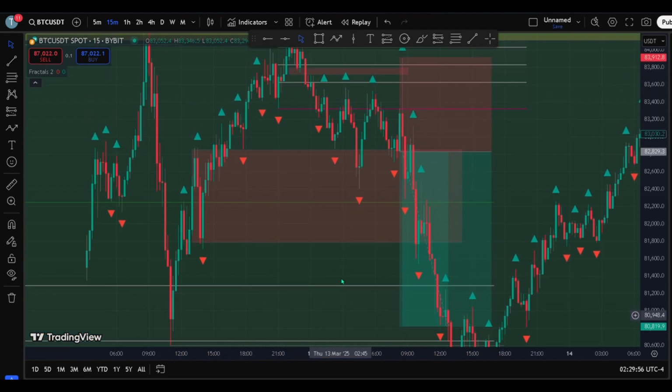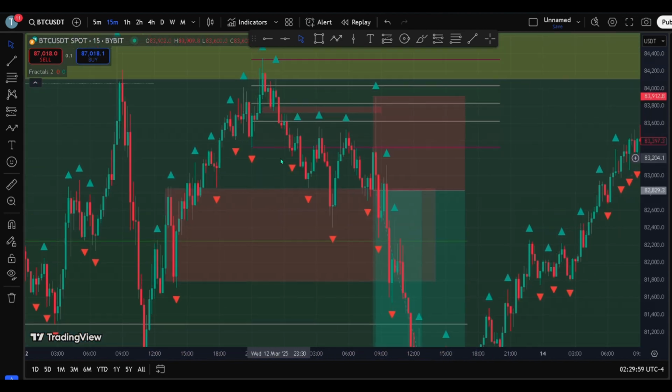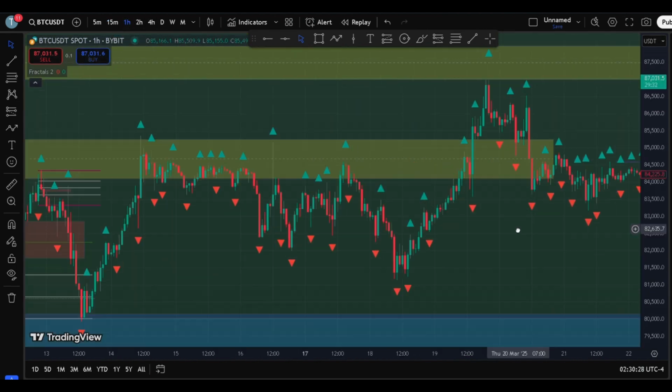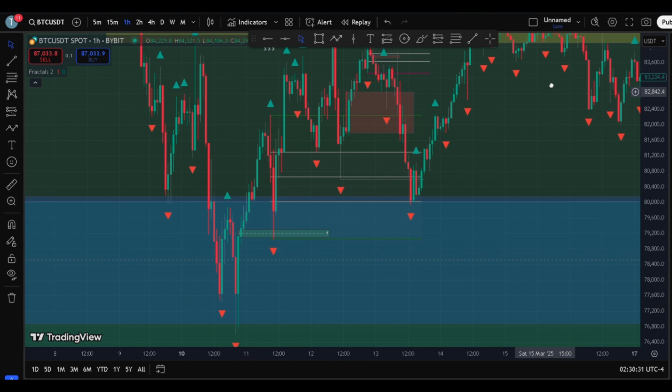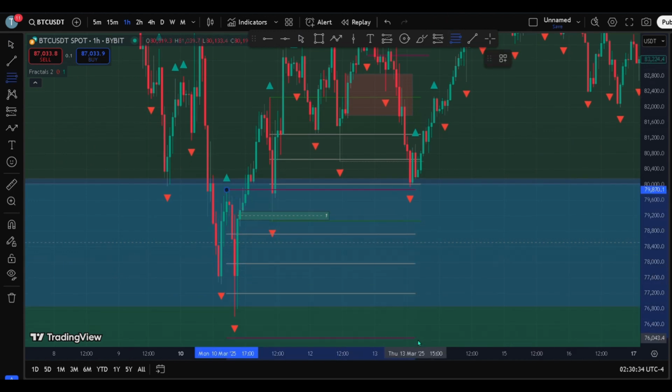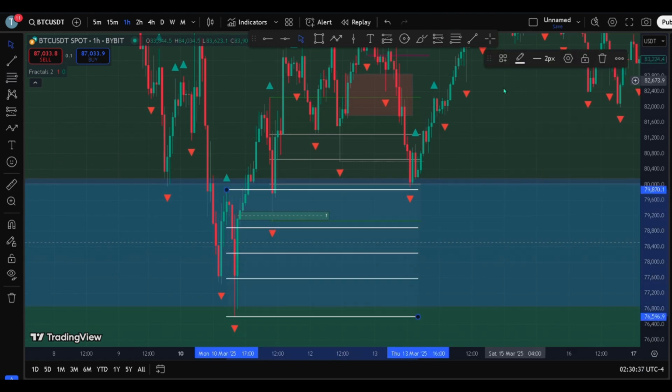But that's not our setup, because everything needs to have a fundamental understanding: higher time frame BOS or some kind of displacement. Highlight your zone. Once you've highlighted your zone, if your zone has a fair value gap, highlight the fair value gap, and then you also have your 30, 50, and 70 zone. But if there's a fair value gap, especially if it falls within an area like this, I have to highlight this and you have to see it nice and clear. So if you have your zone like this, and then your fair value gap comes before the zone,